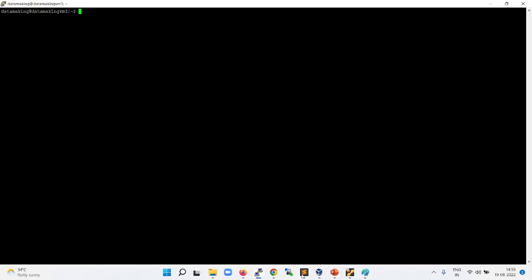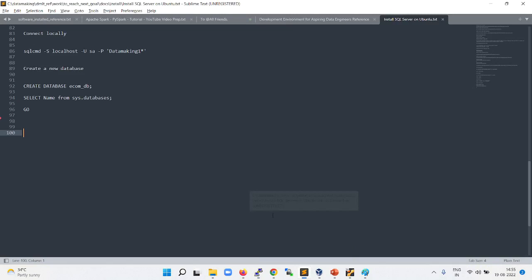I'm going to connect using sqlcmd, which is the SQL client for SQL Server. We are going to make use of this. In a future video, I'm going to show some web-based editor where you can connect to the SQL Server and start using it. SQL Server is the Microsoft SQL Server database server. So we are going to use the command line utility called sqlcmd, and you need to provide localhost as the host name, and the default user, which is SA,